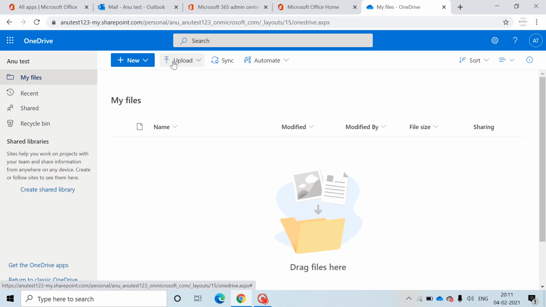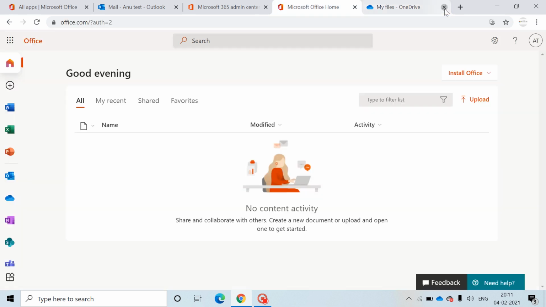You cannot let anyone access your data until you share it with someone. This is your personal drive, which is OneDrive. It gives you 1 TB of storage and you can use it up to 1 TB. If you want to increase the storage in the future, you can, but how to do that will be explained in the future, depending on whether your organization size is increasing. If you have an advanced license, then you can increase the storage, and otherwise 1 TB is the maximum which you get per user. So this is what OneDrive is.